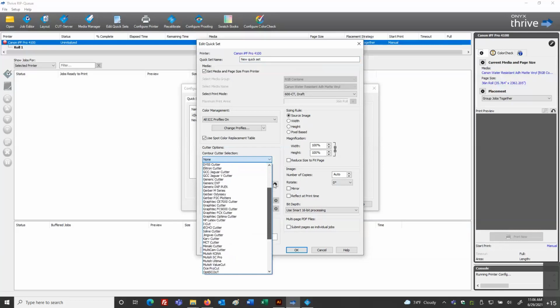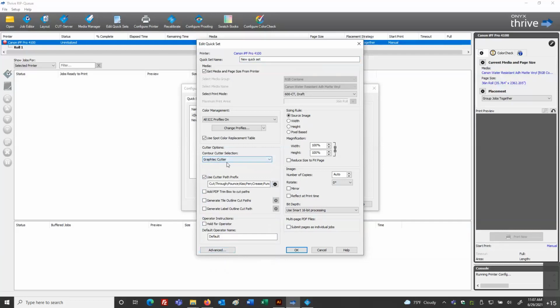I'm just going to make a couple of different examples up. I'll create one for a very basic Graphtec cutter. So I'll select that choice for the model, Graphtec cutter, and then I'll be sure to give this an appropriate name for the quick set.